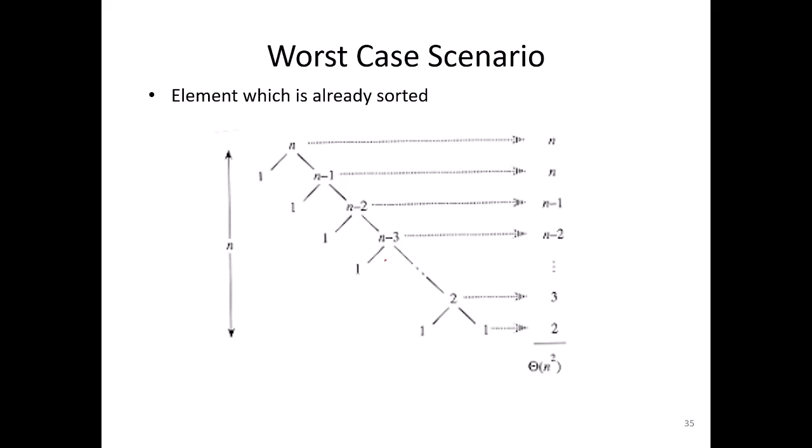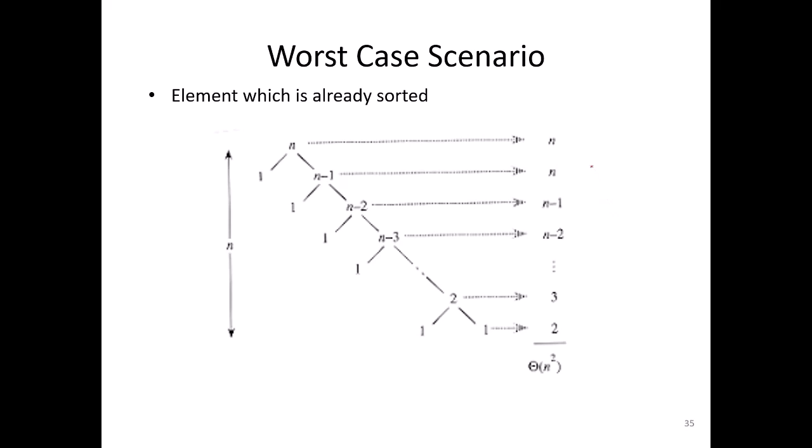While comparing the elements with the pivot element, i always gets incremented, but j never decrements. While partitioning, we are dividing into a left side array which has no element and a right side array which has n minus 1 elements. The next pass has n minus 2 elements, the next pass n minus 3 elements, and it stops when the array contains only one element.